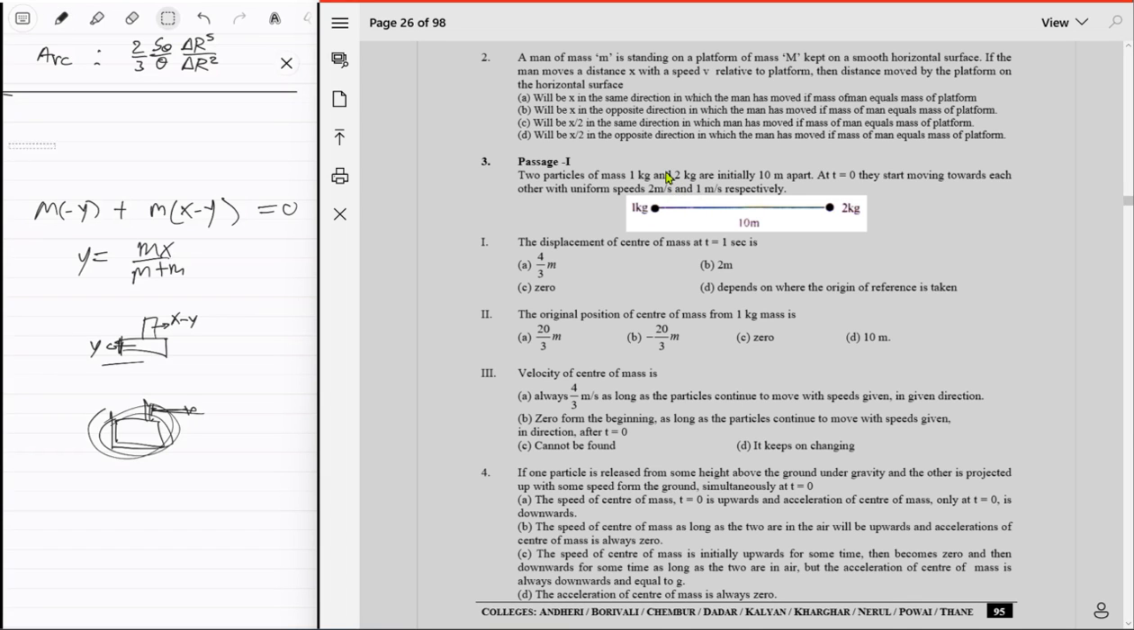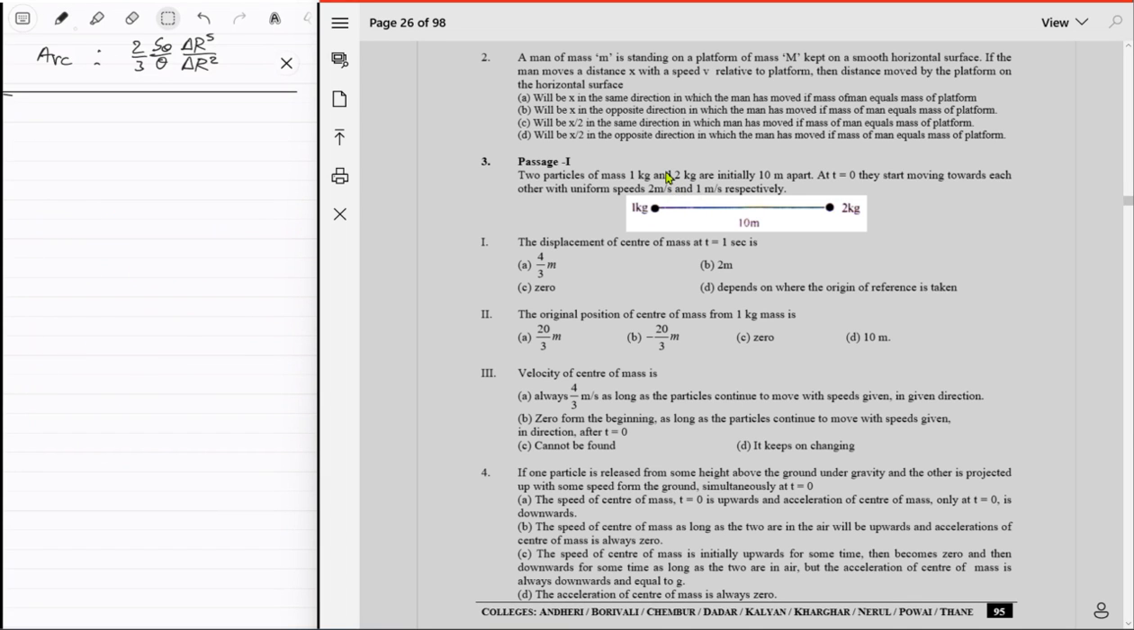I really thought they were actually going to just say X and X upon 2 and not have the general thing. Two particles of mass 1 kg and 2 kg are initially 10 meters apart. At t equal to 0, they start moving towards each other with uniform speeds 2 and 1 respectively. Distance from the center of mass at t equal to 1 second is,